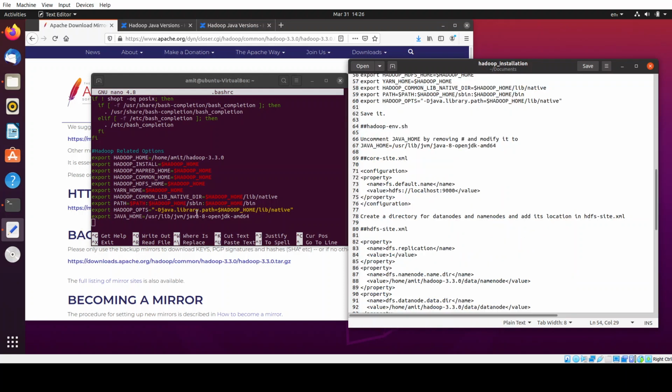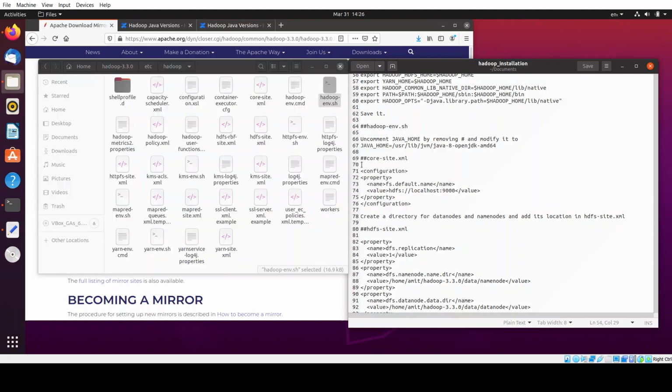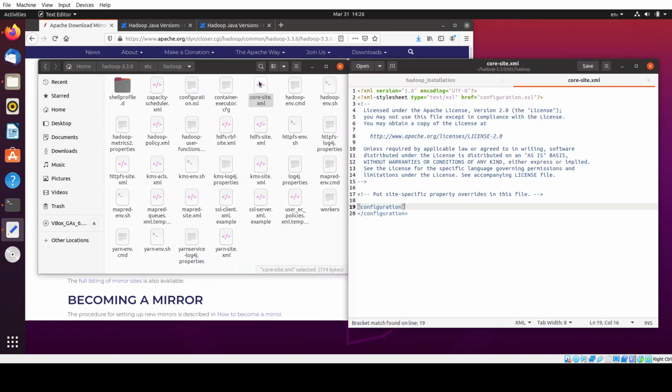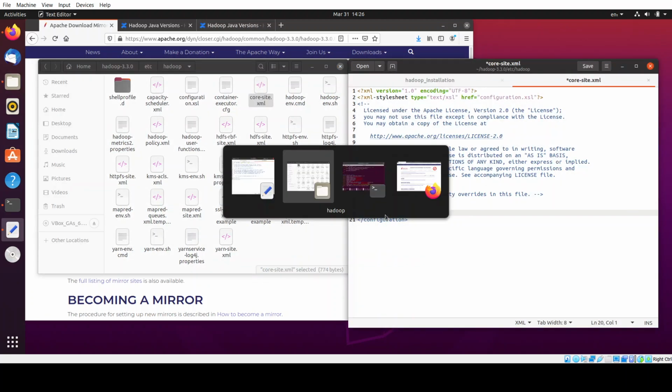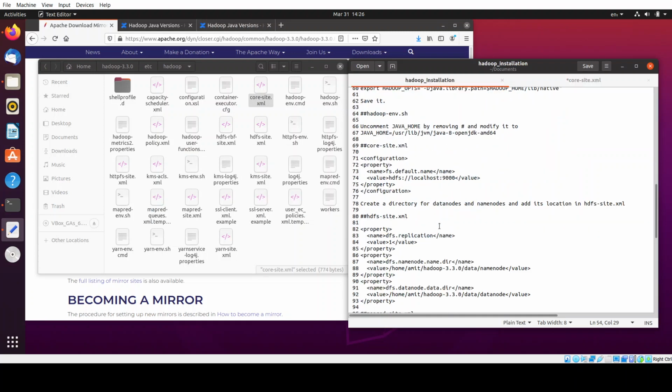The next thing you need to modify, after hadoop-env.sh, is core-site.xml. In the same folder, you can find core-site.xml as well. In between the configuration and /configuration tags, you add this value.